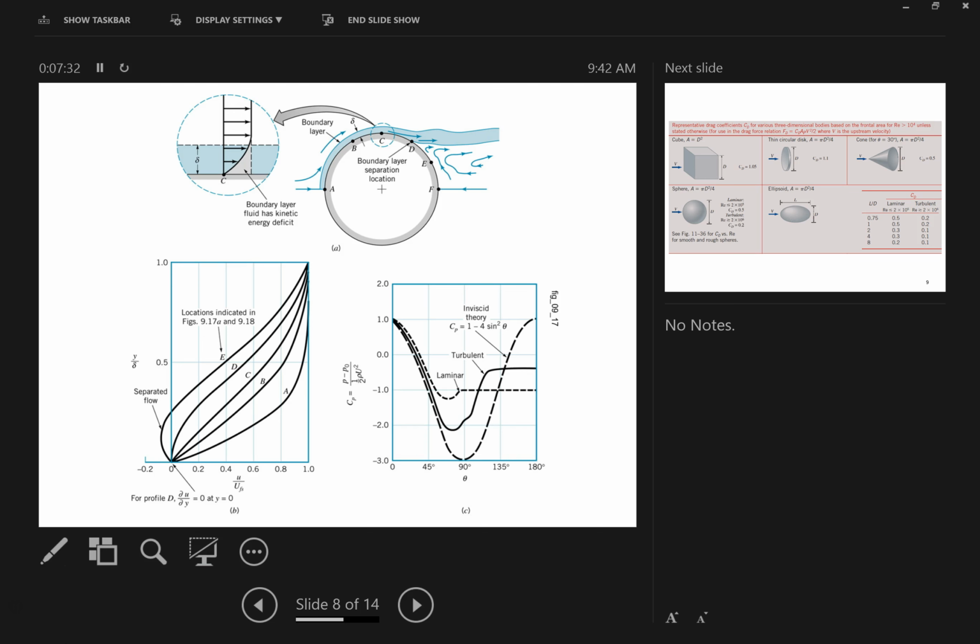If an airplane's flying through the air, it has a boundary layer, and it grows as it goes past the back end of the airplane. I'll show you, and we'll draw some sketches here. But there's going to be a certain point where this fluid goes around and basically sticks to the surface, but it gets to a certain point where it can't really stick anymore, and it becomes detached from the surface.